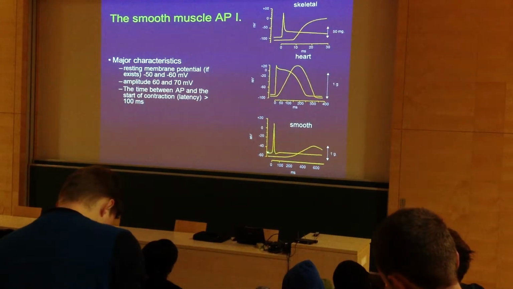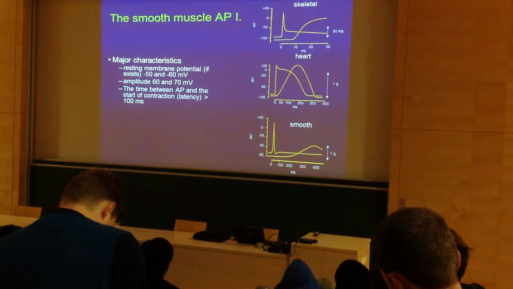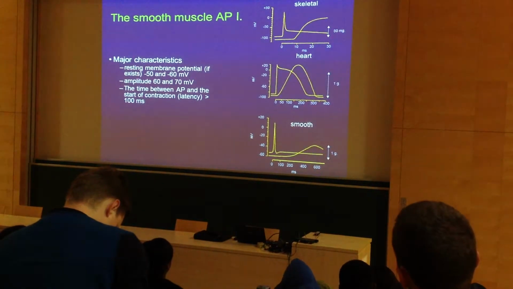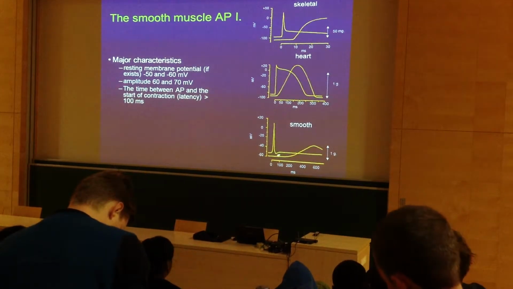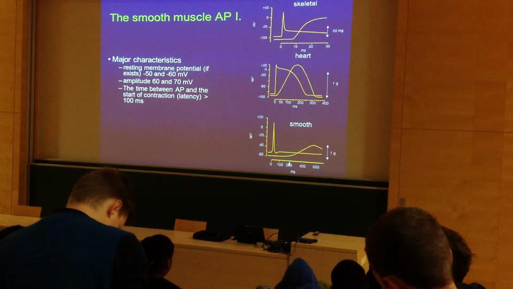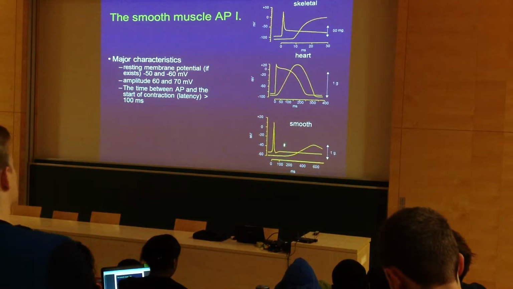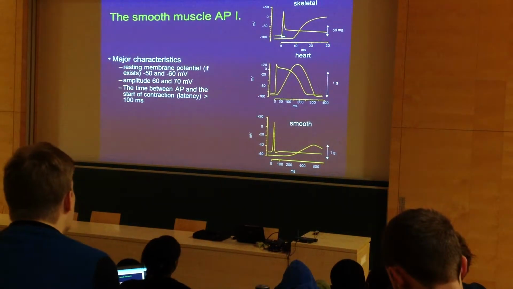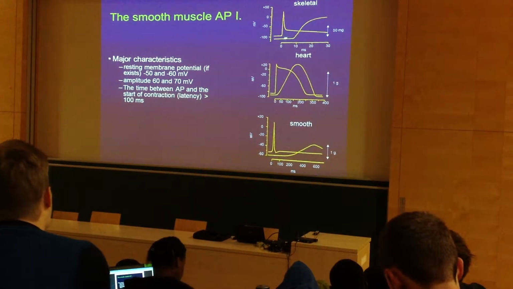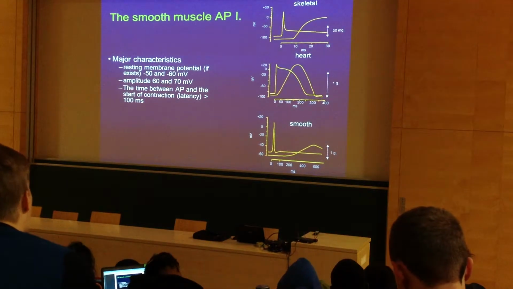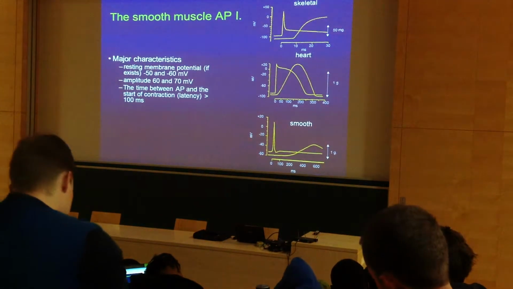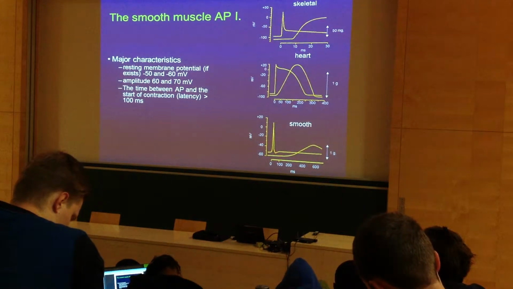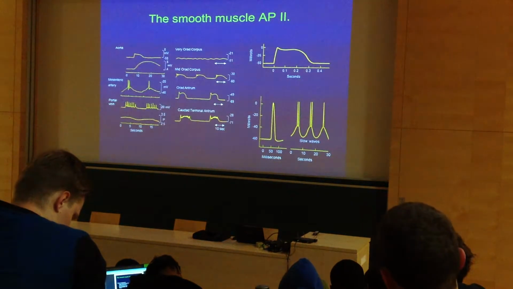The action potentials in smooth muscle are much lower than in skeletal muscle. Please also note the latency of contraction here, which is a couple of 100 milliseconds, versus the latency of contraction here, which is a couple of milliseconds. So there are obvious differences